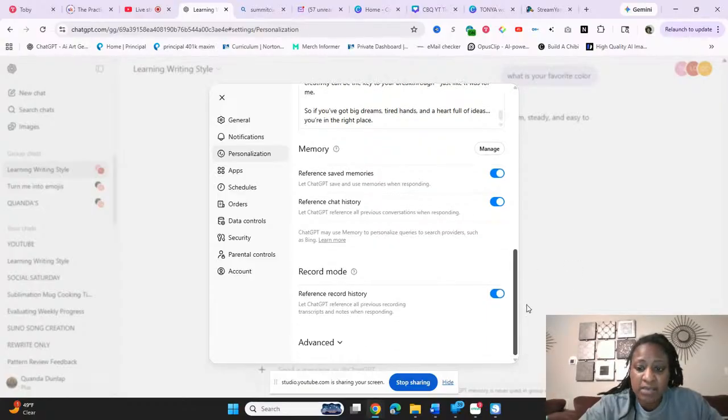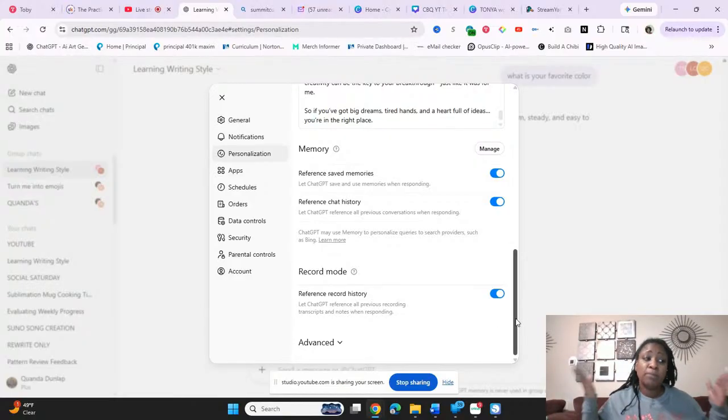Okay, so now the next thing is record mode. So it says reference record history. I got it turned on because I want to say, based on what you know about me. So it says let ChatGPT reference all previous recordings, transcripts, and notes when responding. That's what I want to do.